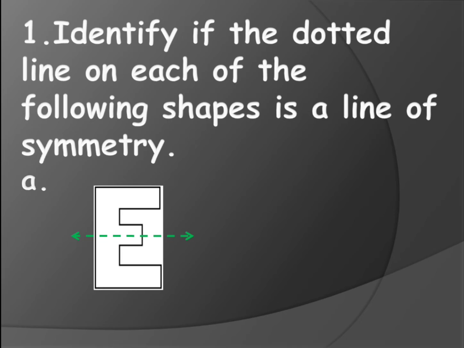So how do you say? The line is horizontal, isn't it, children? Now we have to check whether the top of the line and below that line, both sides of the line, are the same or not. If they are the same, you have to write yes. If they are not the same, you have to write no. Can you see in the picture, children? The top part and the part below the line are similar, they are the same, isn't it? If they are similar, simply write yes. Then this line is the line of symmetry. The given line is a line of symmetry.